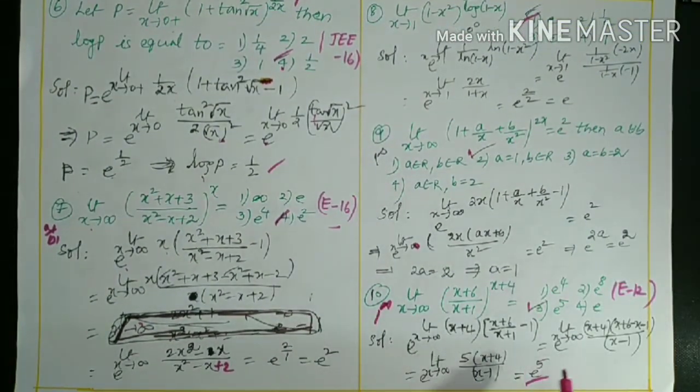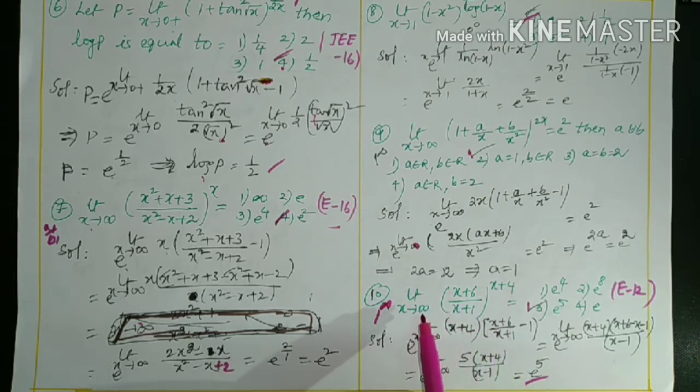Once again I repeat this one because maybe you missed it. What is the given question? Limit of (x + 6)/(x + 1) as x tends to infinity, all power given as x + 4. Now by simplification we observe that as x tends to infinity, it is 1 by 1, 1, power infinity plus 4 is infinity. It is in the form of 1 power infinity, then use e power of limit, where the power function is x + 4, into the base function (x + 6)/(x + 1), taken in subtraction with 1, that is minus 1. After simplification, you can get like this.